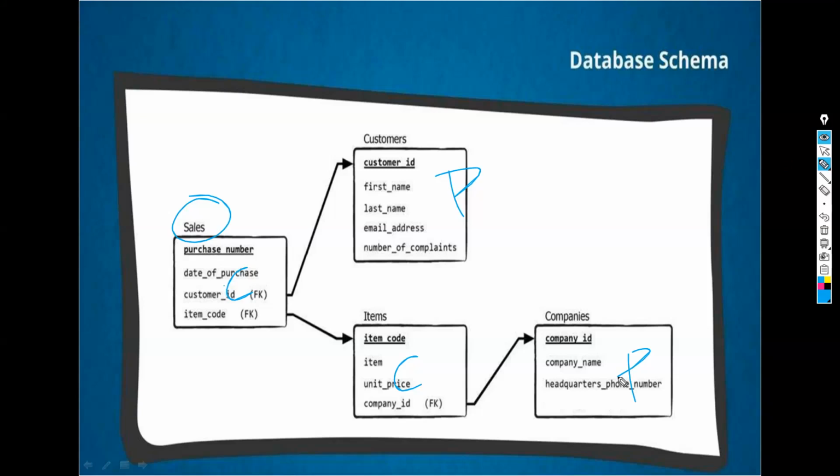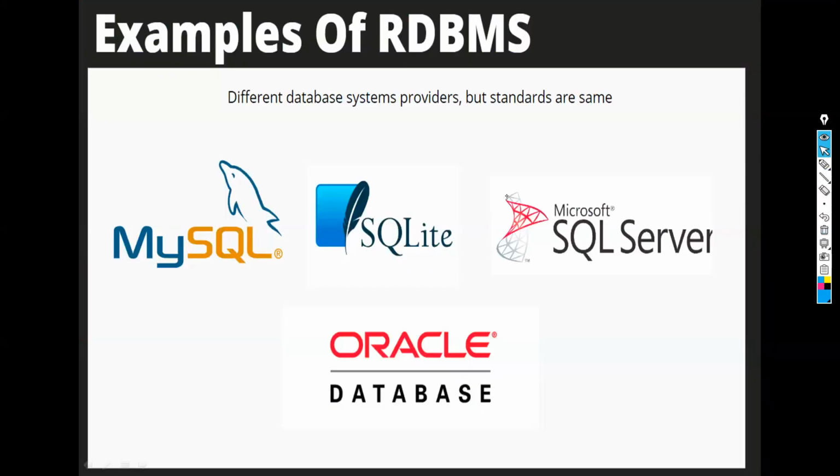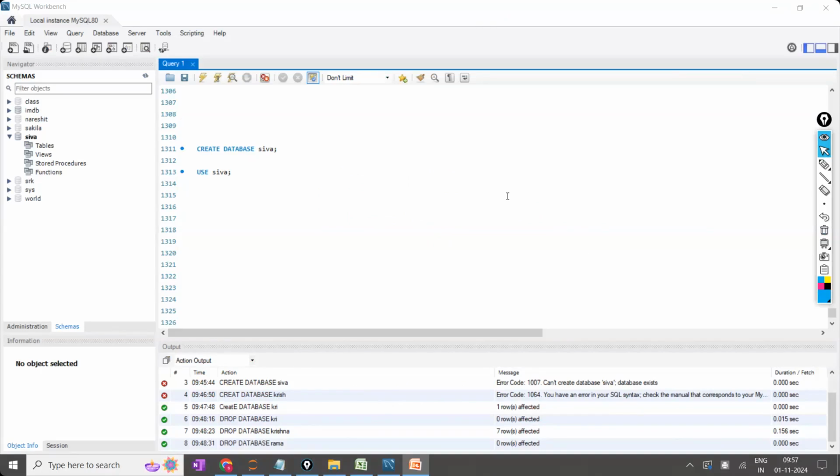Now, a table which doesn't have a foreign key is called a parent table. First, we have to start with the parent table. So first let us create this table. I'm going to show you how to create this table, called the customers table. In this table, how many columns are there? What are the columns you are having?